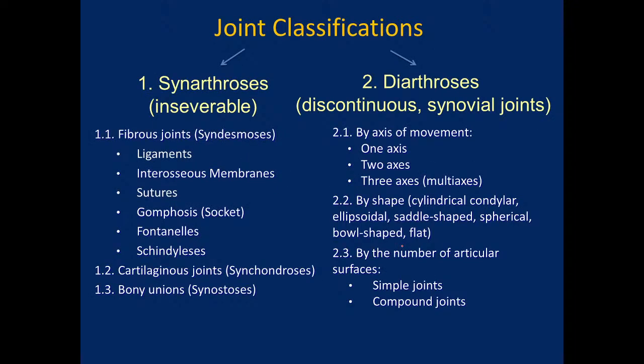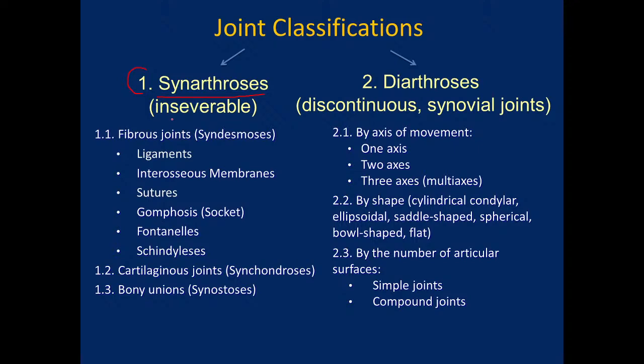Firstly, because anatomists very much like to classify everything, we also need to talk about joint classification. As you see, all joints may be divided in 2 groups. We distinguish the first group that is called synarthrosis, which means